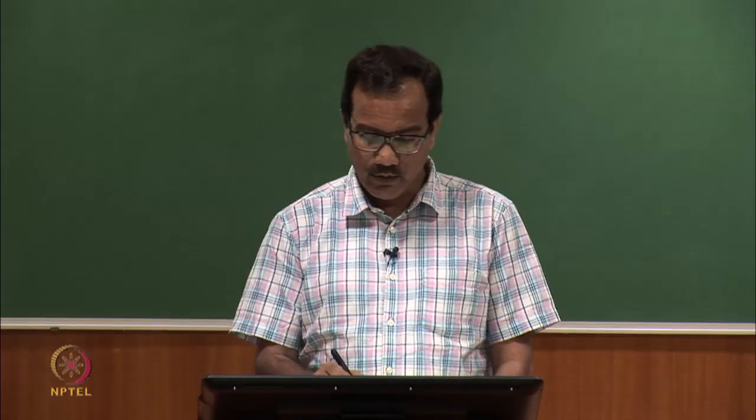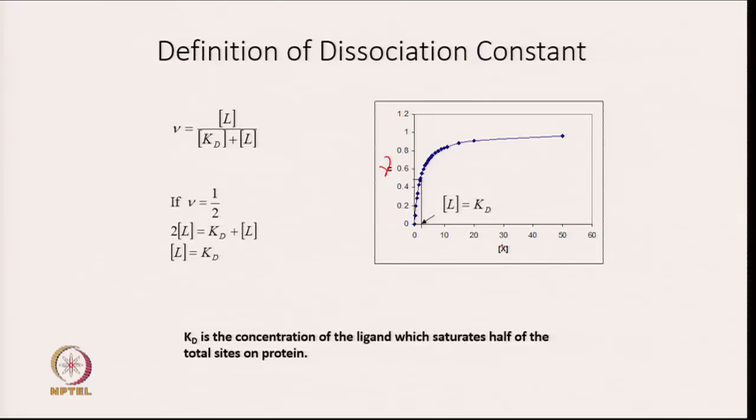Now, if I plot this new value with the value of L, what I am going to get is this kind of equation, and that is not quite surprising, because at higher concentration of ligand, when ligand concentration is in excess, all protein is going to be in the bound state, and so the fraction of bound protein will be equal to 1. So, this is for nu is equal to 1.